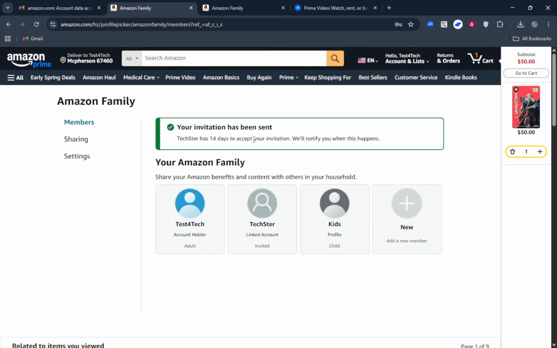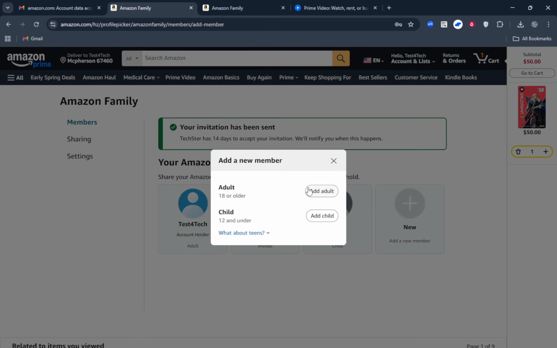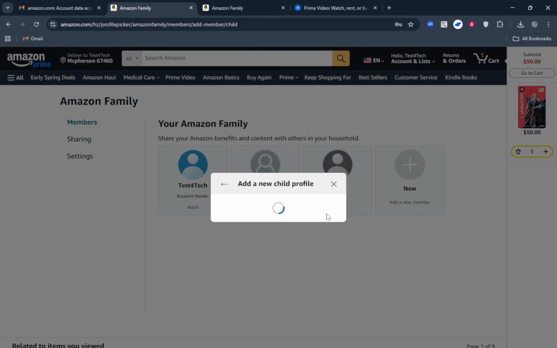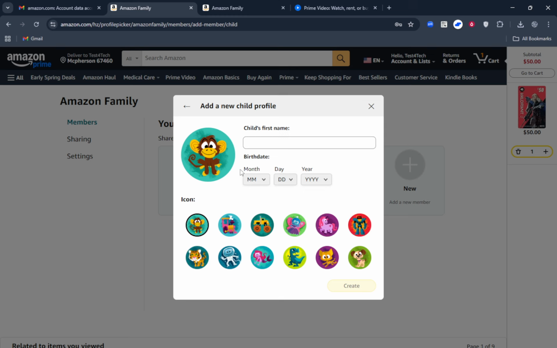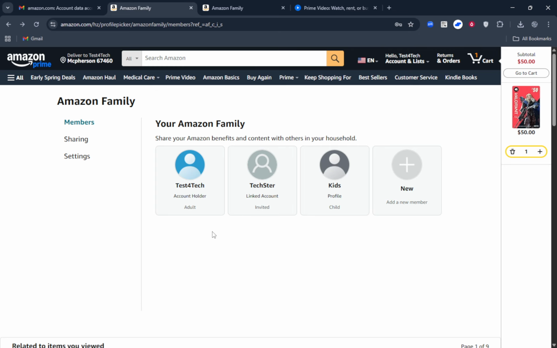For teens and children, the setup is designed with safety in mind. Teens get their own login and can shop or stream with oversight, while children are added as profiles suitable for younger family members. You can include up to 4 teens and 4 children in total. The invitation process is the same place you start. Manage your household, and it keeps everything organized so you can review who has access at any time.